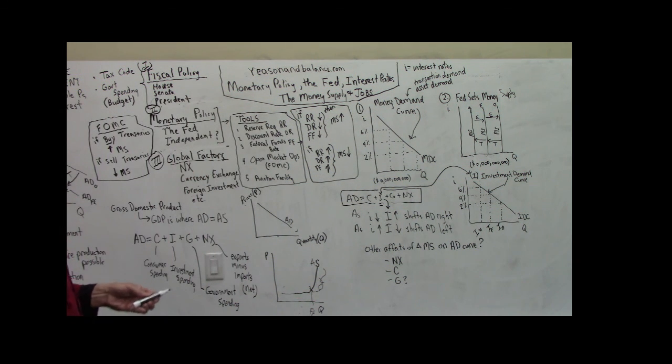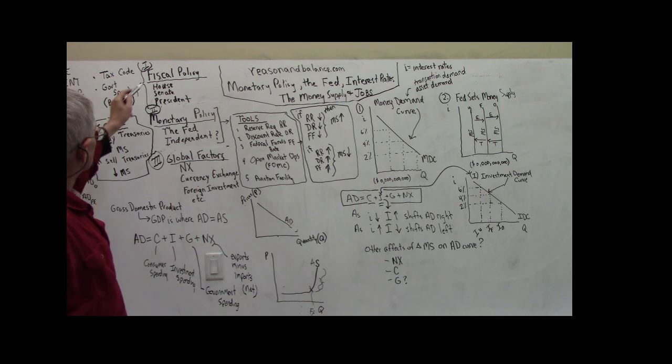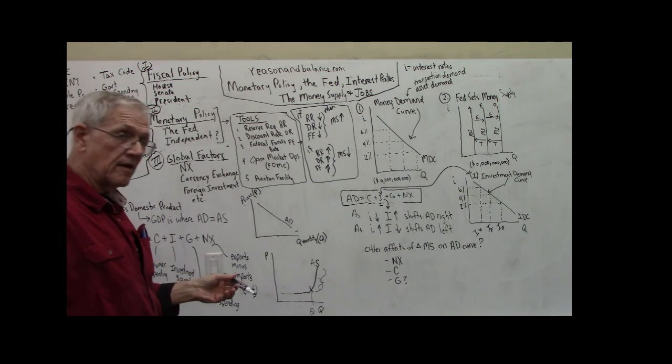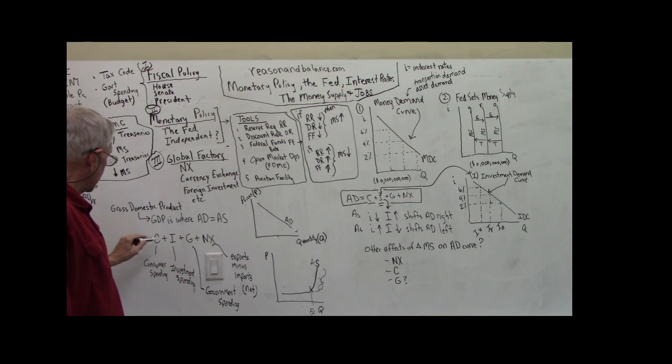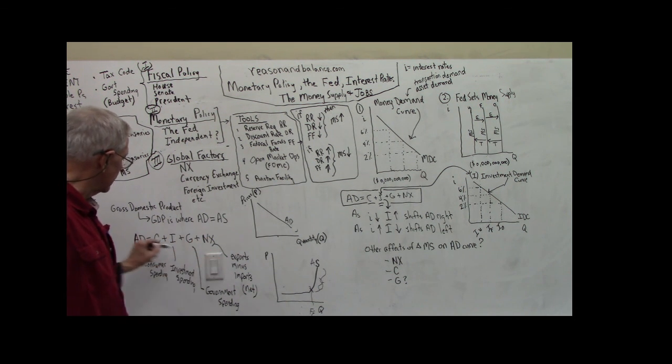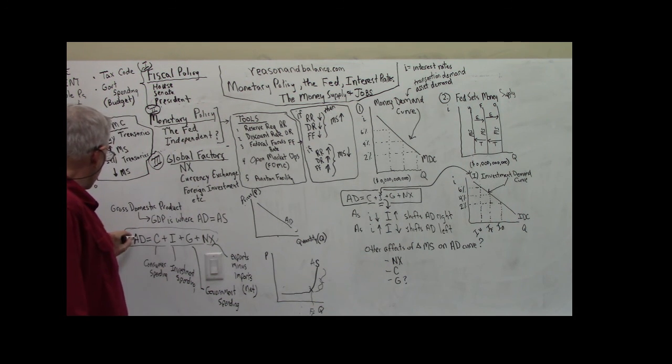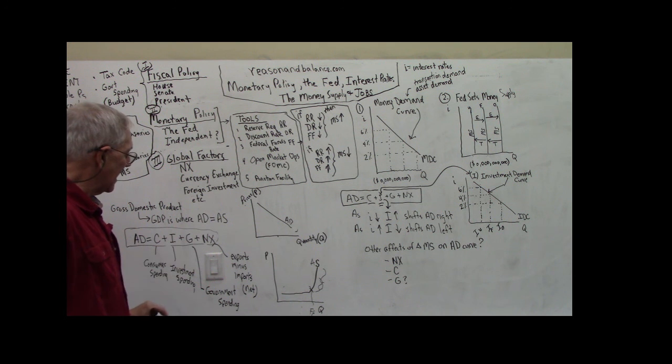Okay, and as a matter of fact, let's relate to that right now. We learned from our discussion of fiscal policy, and we did a video on this, that aggregate demand, AD, equals consumer spending, C, plus investment spending, plus government spending, plus net exports minus imports. So that's a very important formula. Now where AD meets AS,